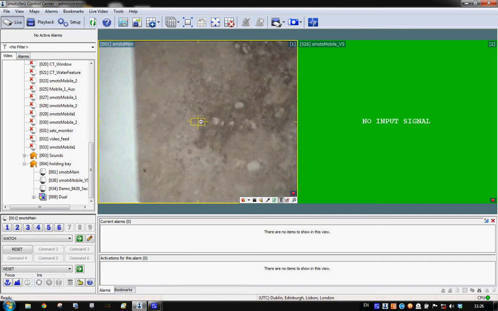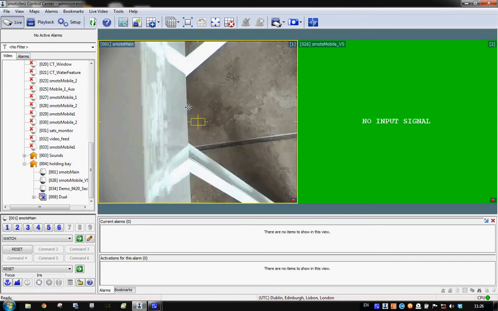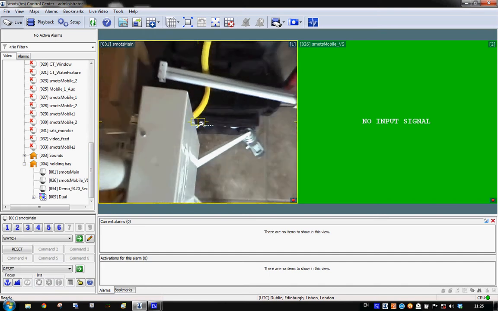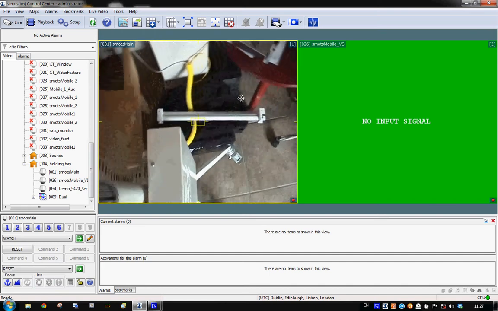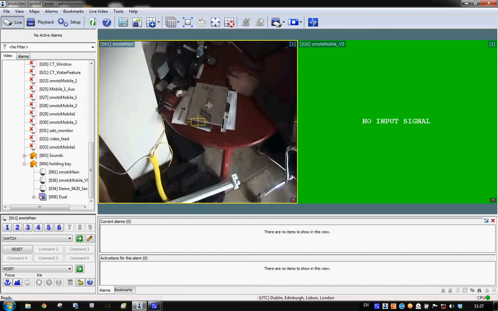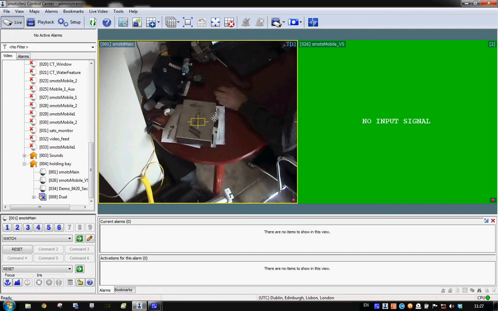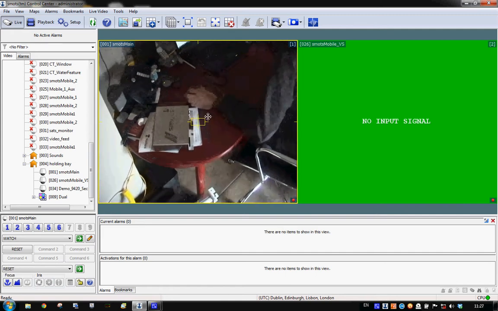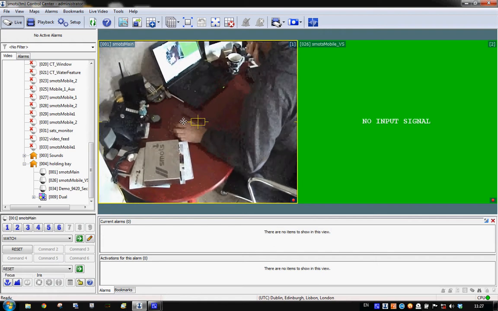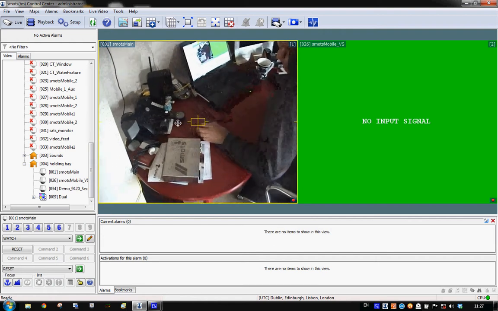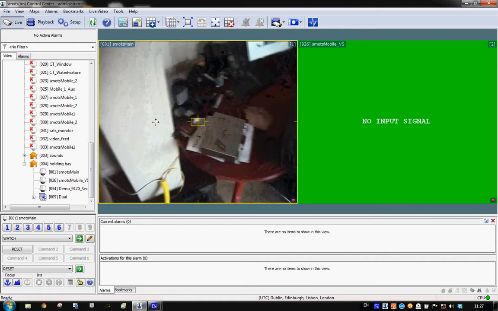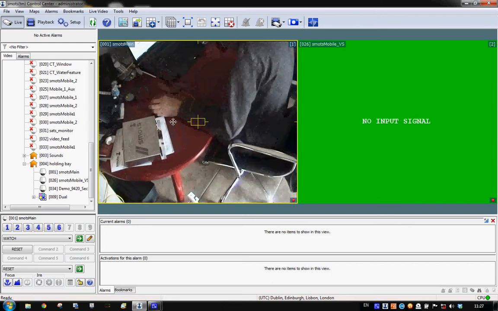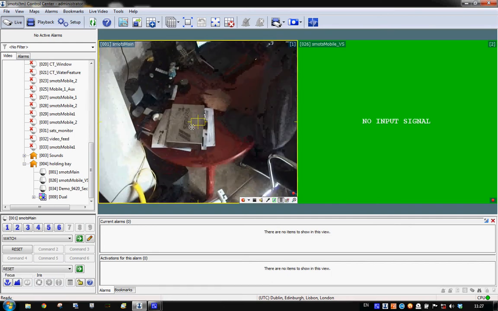So if I come out of there and zoom right back, you'll see I've got a SMOTS trolley there. I've also got a SMOTS box beside me, and I can control the camera very easily by left clicking on the mouse and moving around the center, and I can move it more quickly as I go further away from the center. So I can get to the point that I want,